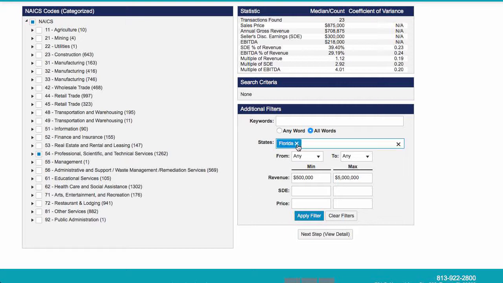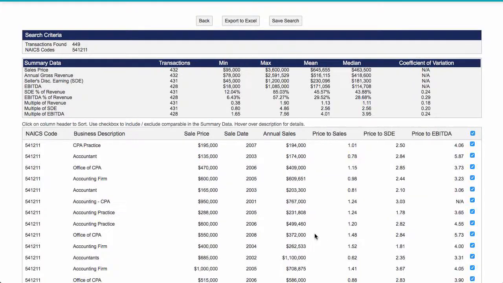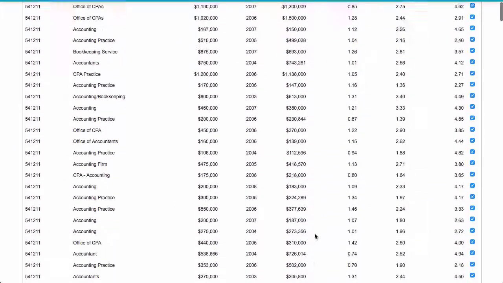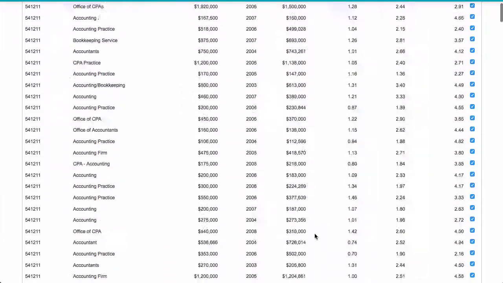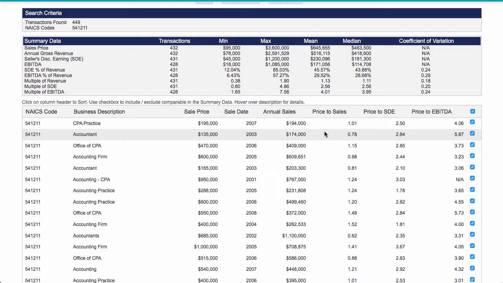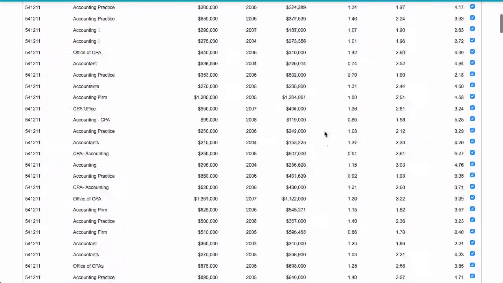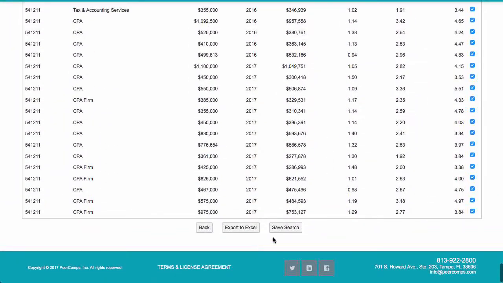So let's go ahead and remove Florida. Let's go ahead and remove the minimum and the maximum, and then apply the filter. And we're back to 432 comps. Next step, and now we have again the 432 comps on multiple pages. From this page, we can again go ahead and save the search,